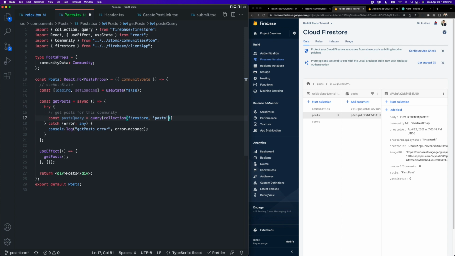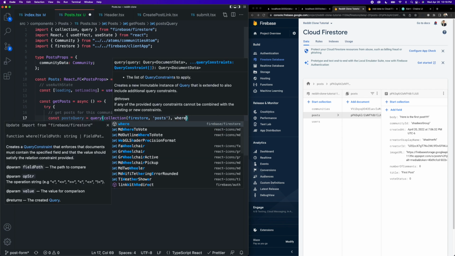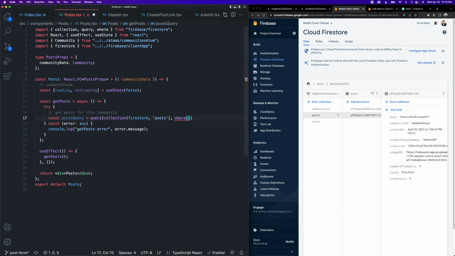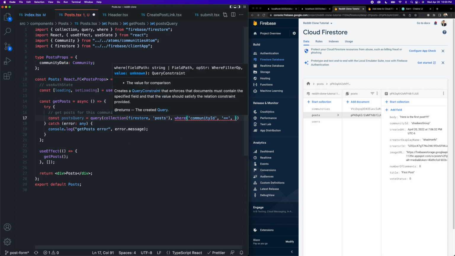But we don't want everything in this collection, so we need to pass in some query specifications here. And the first one is going to be a where clause. So we need to import where from Firestore, and we want all of the posts where community ID is equal to the community data's ID. So the parameter that we're actually interested in is going to be communityId. The second argument is going to be our operation clause. And in our case, we want to check if the community ID is equal to some value. There's all sorts of operations you can do in here, but we want to use the equals. We want to grab all of the documents in posts where community ID is equal to